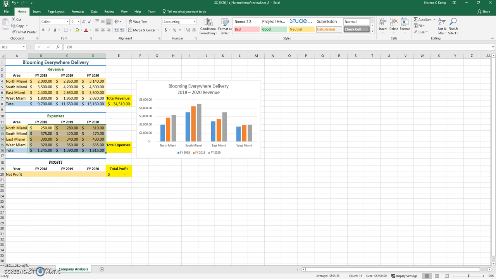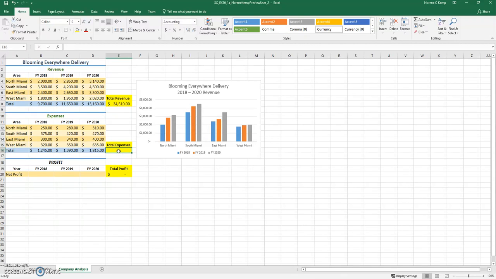Next, the Expenses table shows all of the company's expenses from 2018 to 2020. Bob wants us to calculate the total expenses by adding up the total expenses from each year. In cell E16, we're going to create a formula using the sum function to calculate the total of expenses in the range B16 through D16. So first, we've got to make the cell E16 the active cell. So let's click in E16,